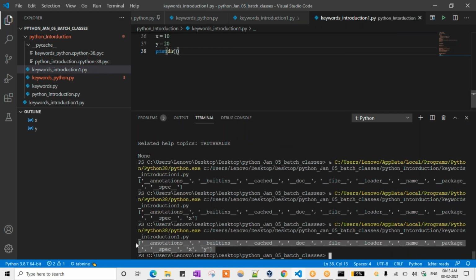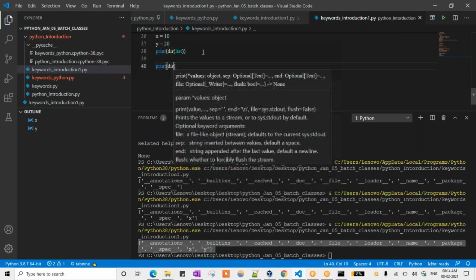So what is the use of that? Whenever we are trying to access the data, we can come to the conclusion whether the variable is there or not. Suppose I want to know what methods are present in list or something like that. What I can do is print dir of list. It will show all the methods present in list. And one more thing I can use is print dir of tuple.